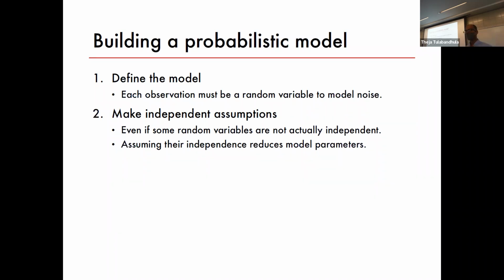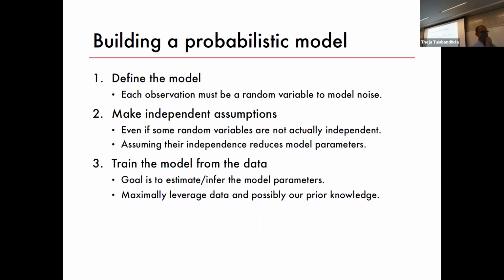So think of a discrete distribution, with each random variable taking two values. If you have a joint distribution without further assumptions, you will have to have a huge table of 2 to the power 10 rows, and then for each one, the probability of the collection of random variables taking a certain value. I think you might have seen these probability tables or conditional probability tables before. These assumptions help you reduce that table essentially, and that's what we did for Naive Bayes. And then once we have set up the model, parts 1 and 2, we generally want to